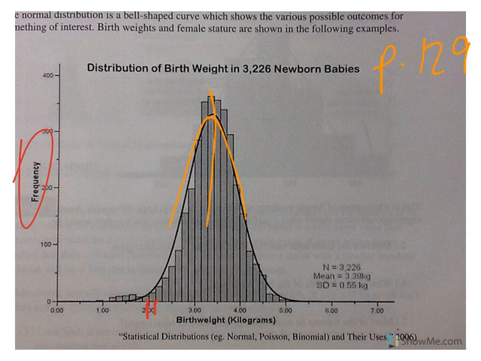And number three, I've already mentioned that this is symmetrical. And when we talk about the distribution of birth weights, the distribution implies how spread out they are, right? So you can see you have some over here, you've got some over here. The distribution is the spread of the birth weights. All right, let's go on over to page